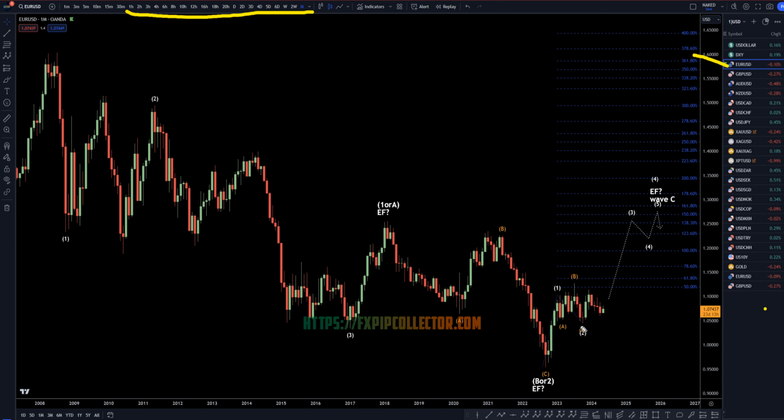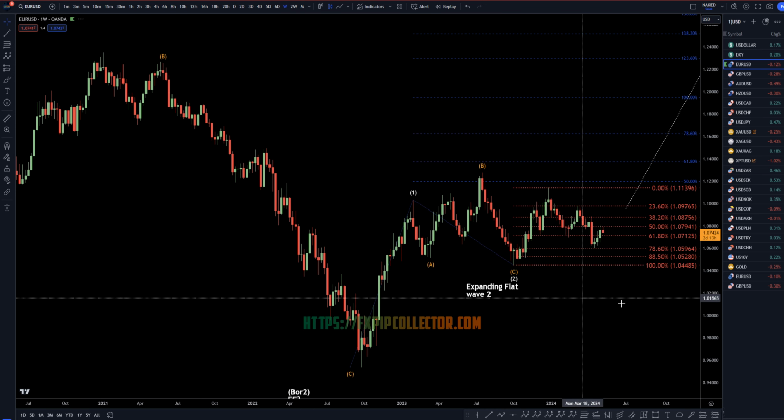So, on the monthly, I still believe this is going to make a higher low, and I still think this is going to go up and make either an expanding flat wave C, which would bring it up above these highs, or possibly it's going to be a running flat, which would bring it down to one of these lower Fibonacci extension levels. Either way, I'd still believe that we have a pretty good amount of upside potential on the